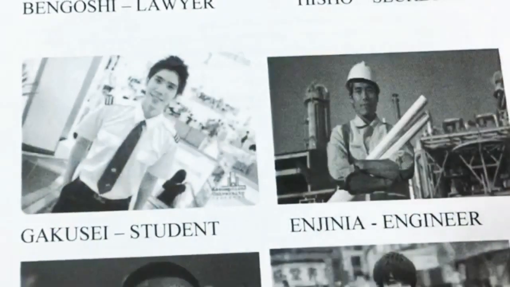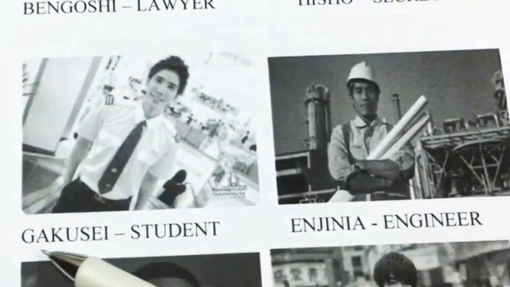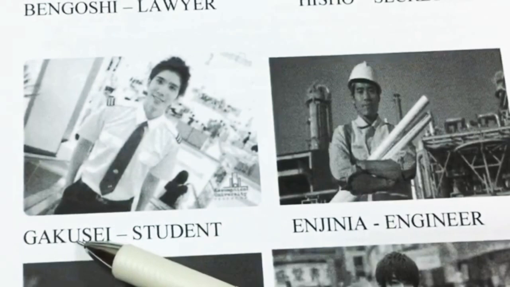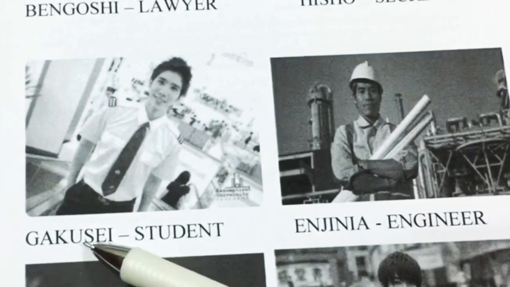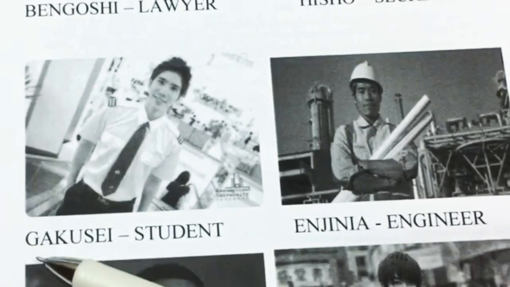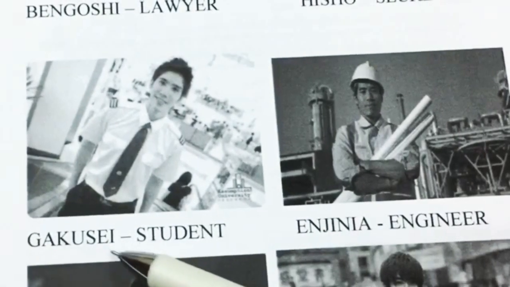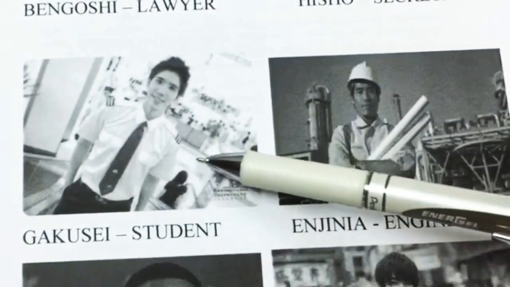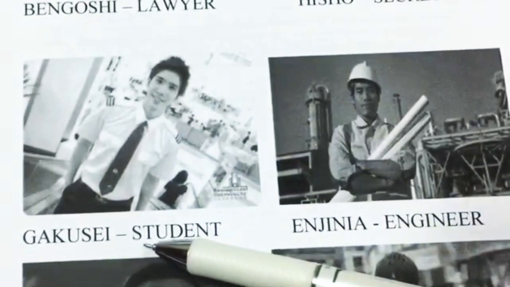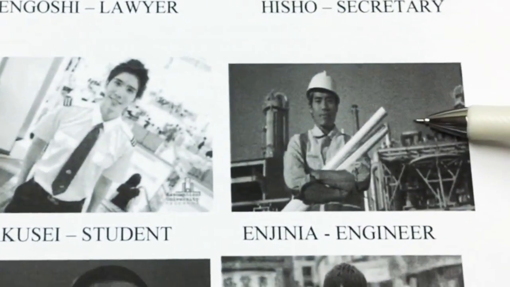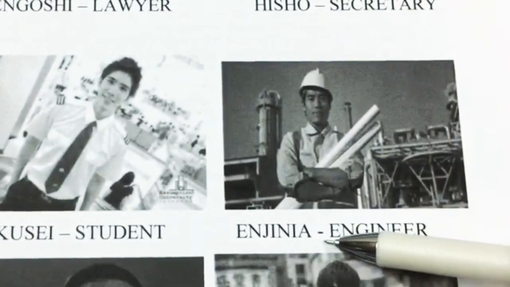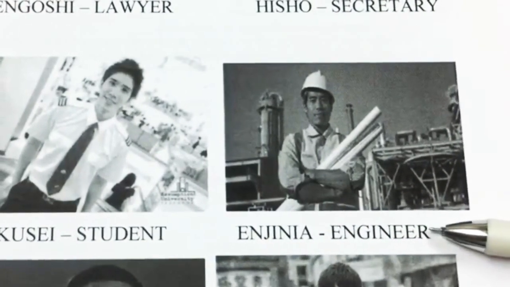Who is this? He is a student. Student is called 学生。The sound in Japanese is very short, so you barely hear 学生. 学生 means student. こちらはどなたですか? こちらは学生です。こちらは誰ですか? こちらはエンジニアです。